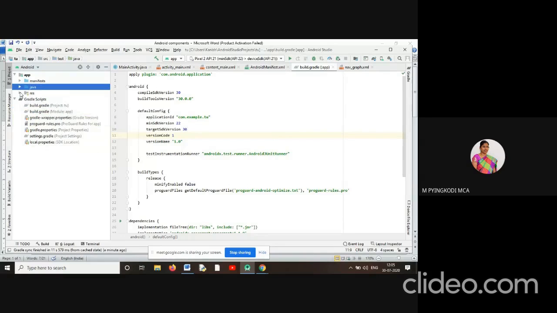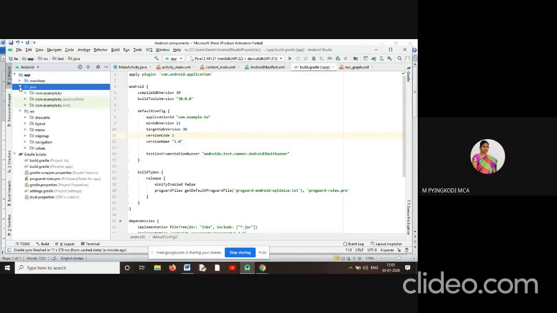Coming to the res folder, this res folder deals with the GUI portion of our Android application. The Java folder deals with the functionalities, what to perform. What is to be performed for that Android application is to be coded in Java. The res folder deals with the